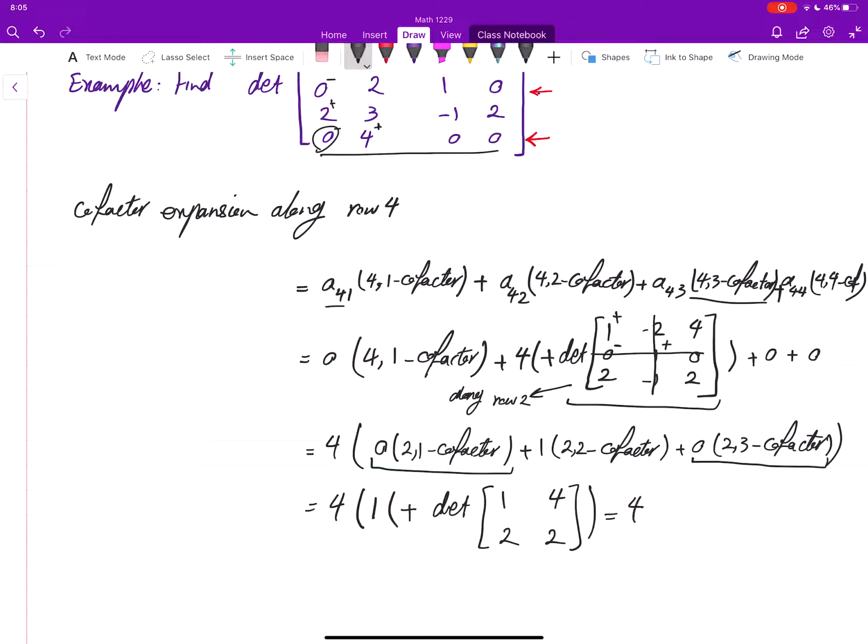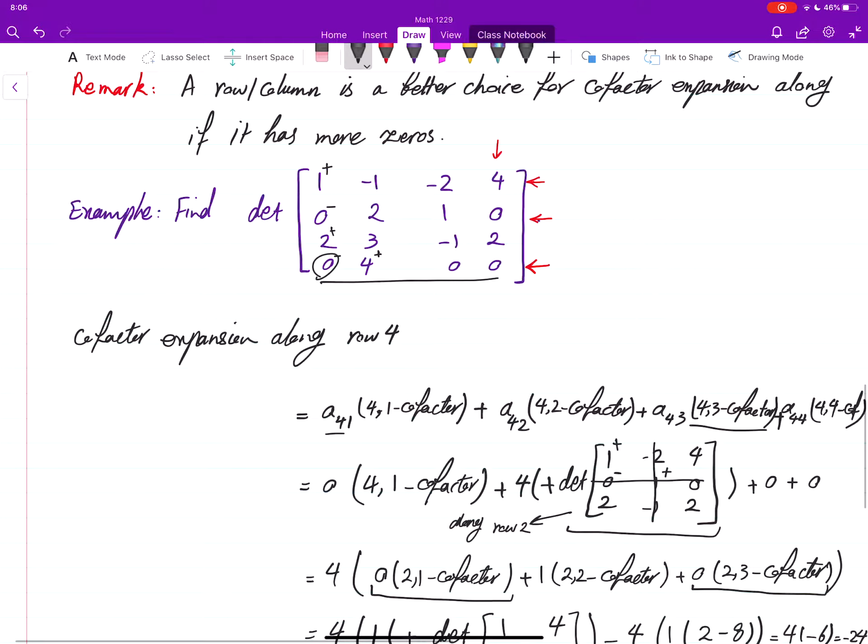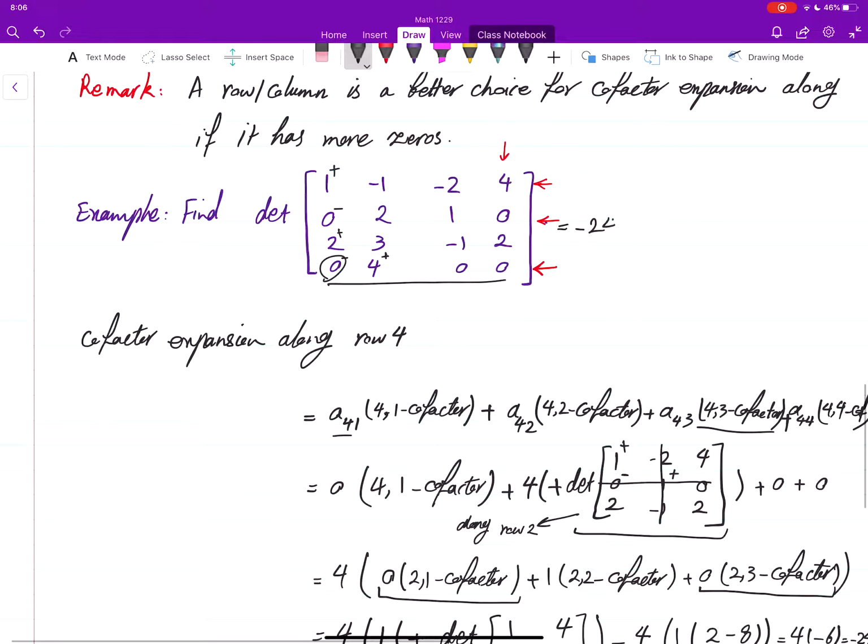So it's 1 times 2 minus 2 times 4. 2 times 4 is 8. That's negative 6. And then 4 times negative 6, which when you multiply, you get negative 24. And that is an example that shows, let me write here, negative 24,